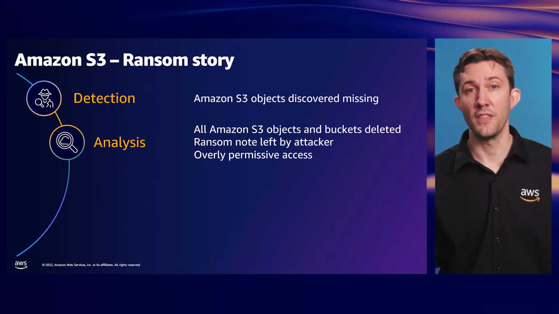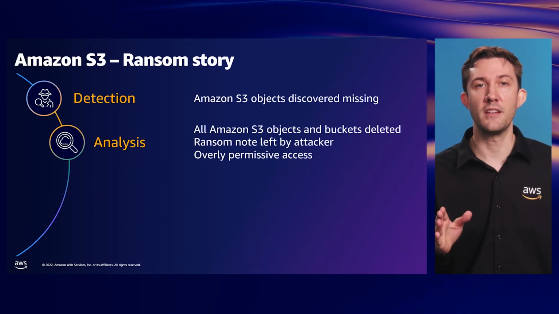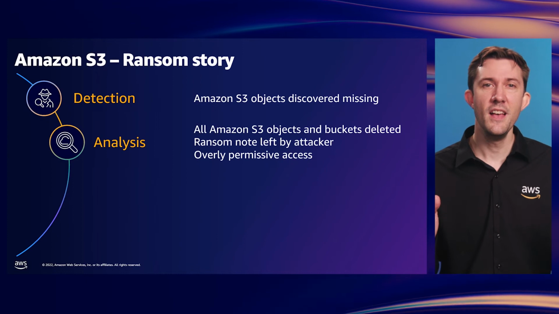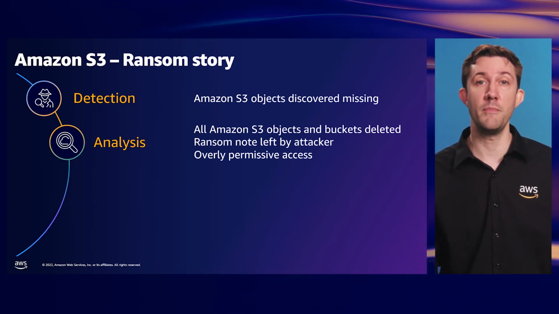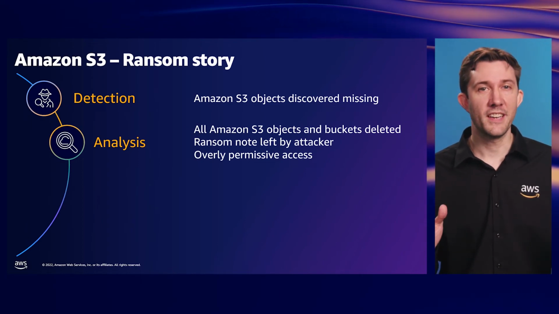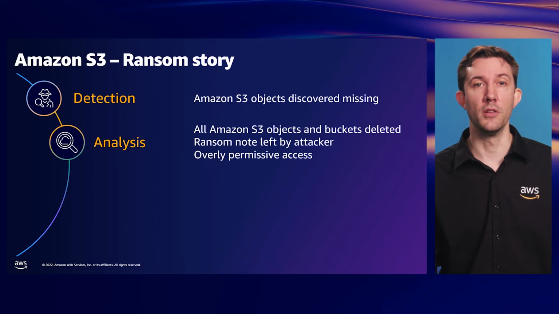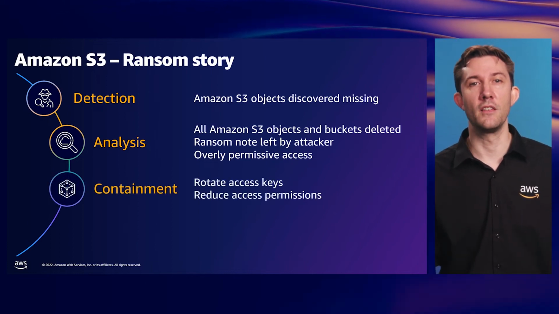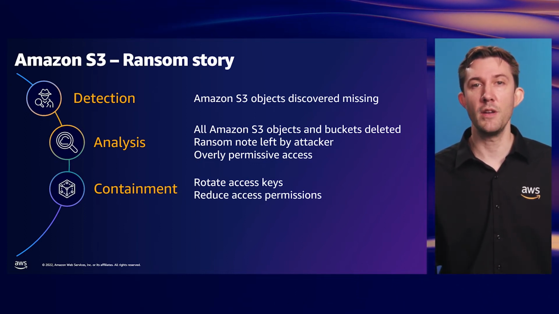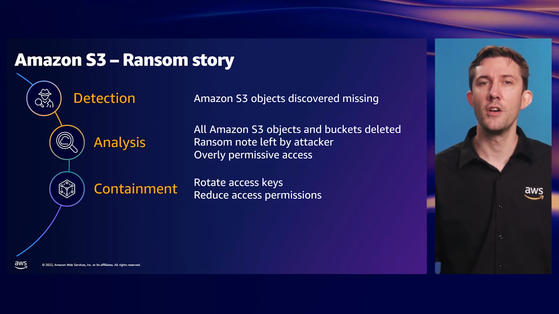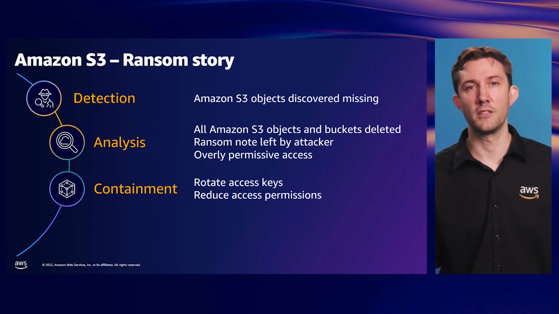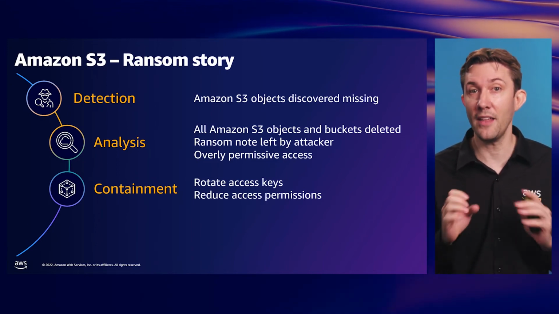Mary quickly started searching the CloudTrail logs and found the user identity that was abused by the attacker to perform the deletion. Unfortunately, that user had been provided with all S3 permissions, even though a subset would probably have worked. Wanting to contain the attacker's access as quickly as possible, Mary rotated the access keys of the compromised IAM user. She also set about reducing the S3 permissions for that user, while making a note for a more thorough permission audit in the future.